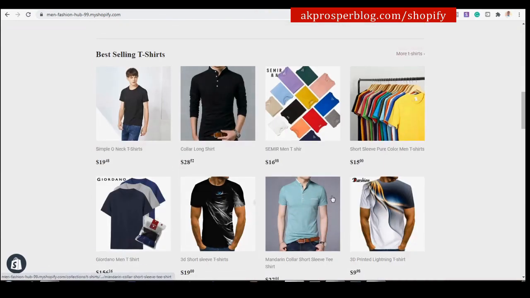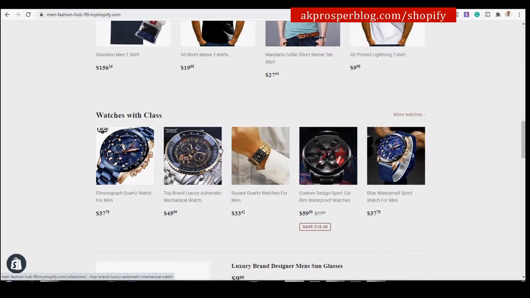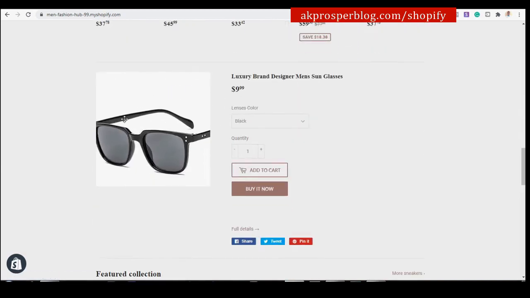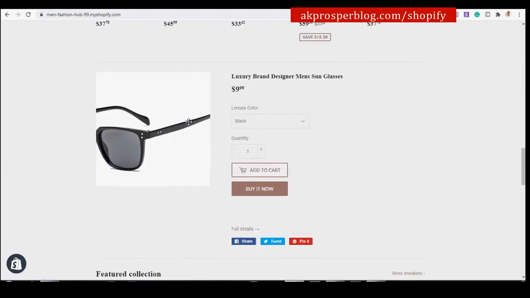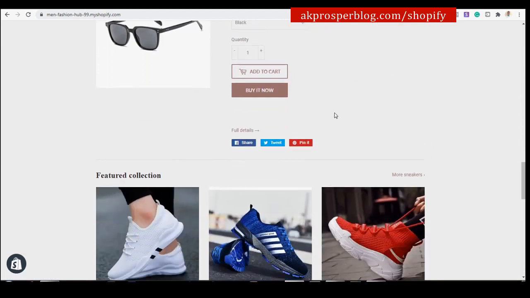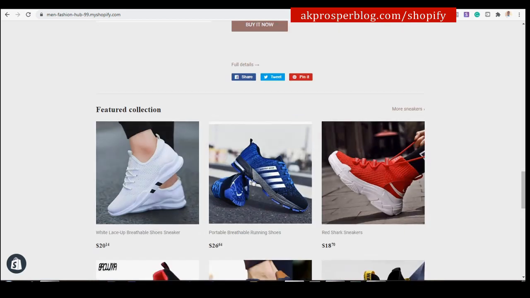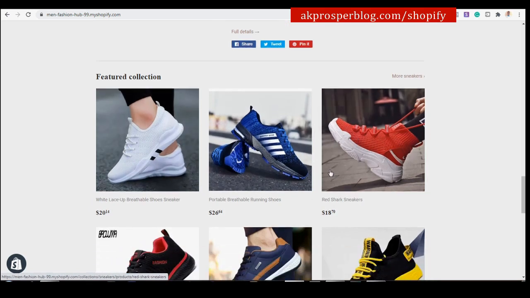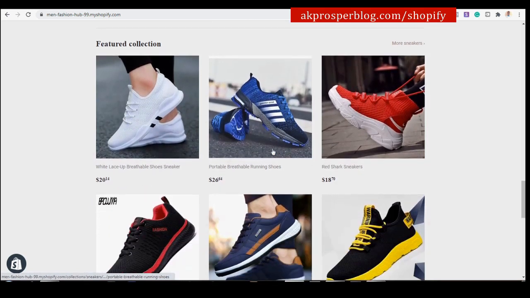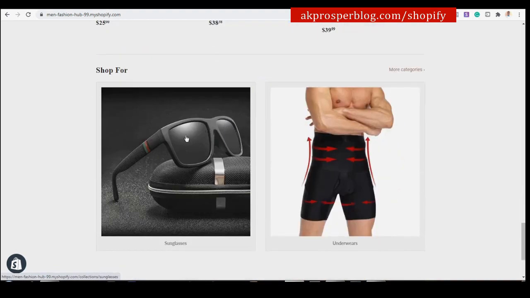Here is a featured collection. Here is another featured collection. Here is a featured product. You can see the image zoom when we hover over the image, and this is the quantity selector. So buyers can select how many quantity they want and then add to cart or buy it now. So this is another featured collection for the sneakers, and then this is another